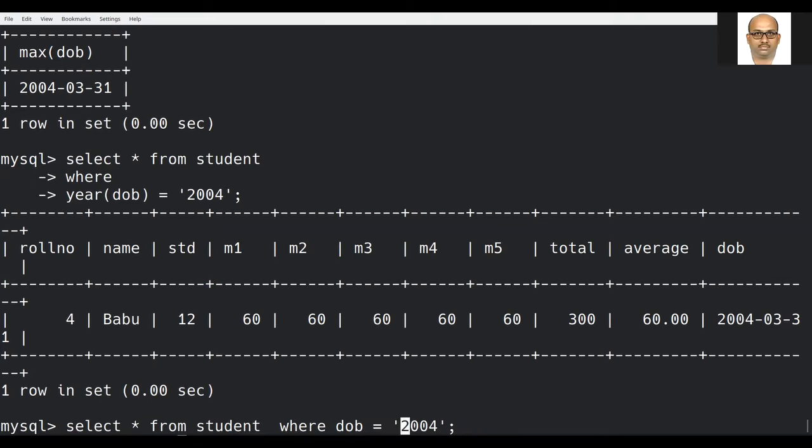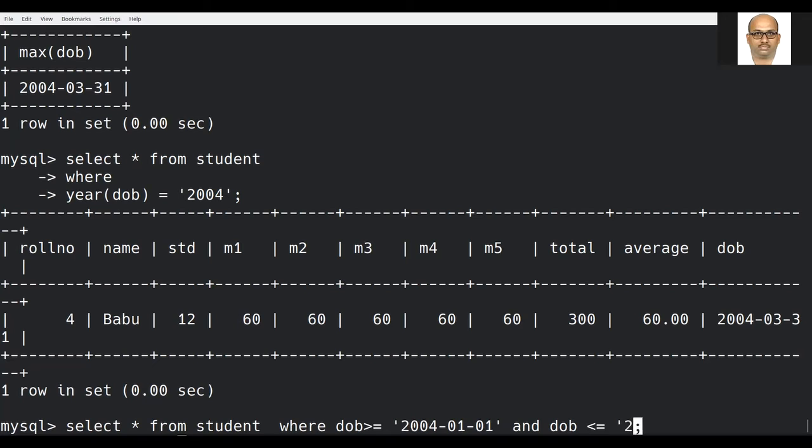Where DOB greater than or equal to 2004 Jan and the date is 1, and date of birth less than or equal to 2004 12 31.